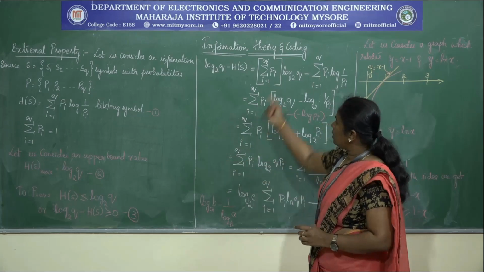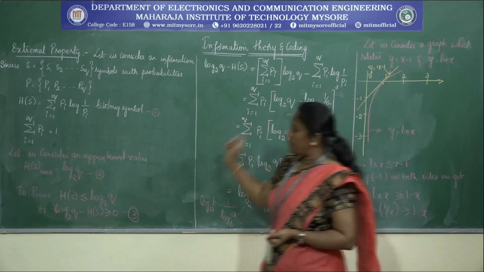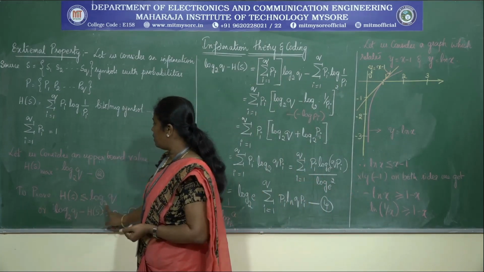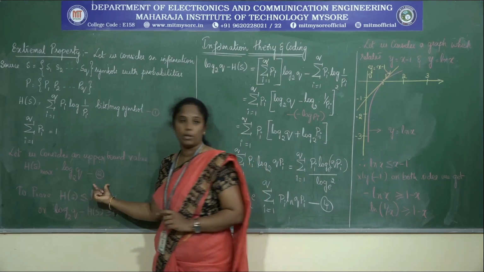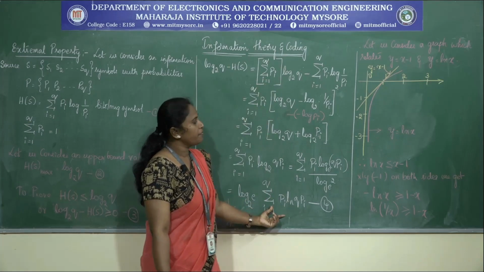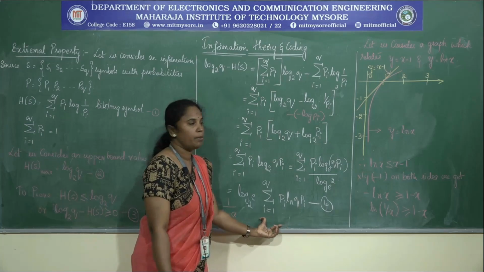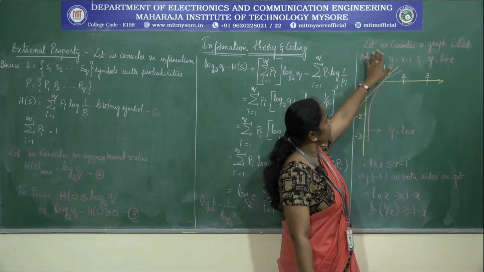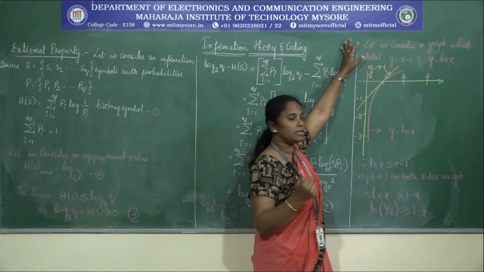This is how we simplified by substituting the value of H of S as well as log Q in the upper bound value we considered in equation number 2. The substitution continues here. Now, in order to get a value for this upper bound value, we have considered a simple graph which relates a straight line as well as a curve.